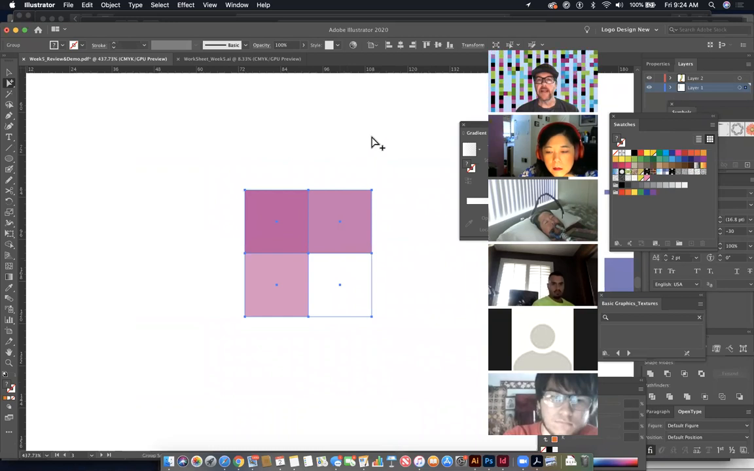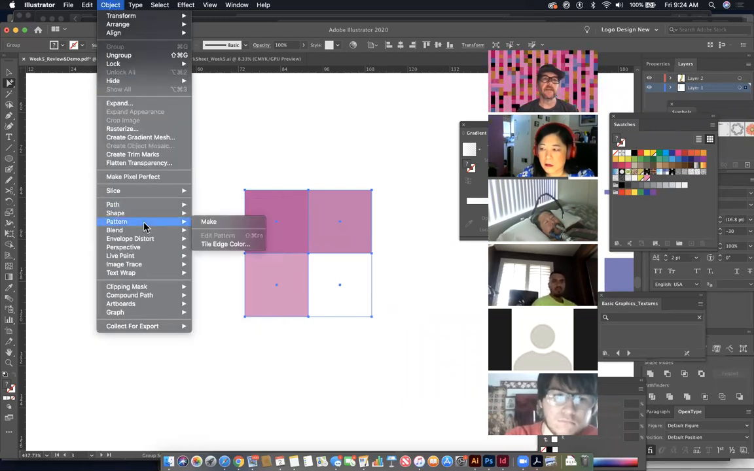If you make a gingham pattern, it's basically one square which is dark, one square to the side of that which is a bit lighter, and then one square below that which is even lighter, and then one square which is white. So if I select these, and then I go to Object, Pattern, Make,